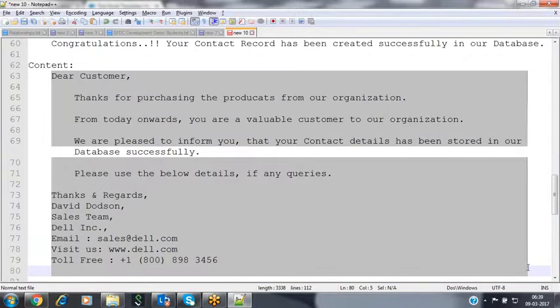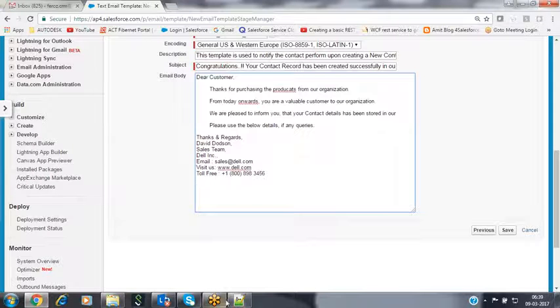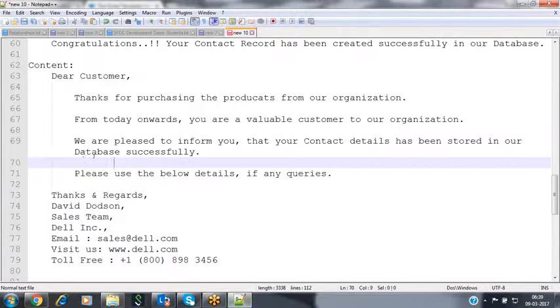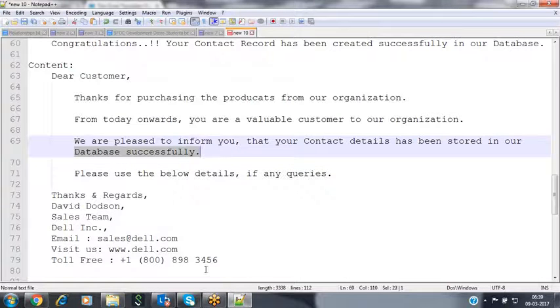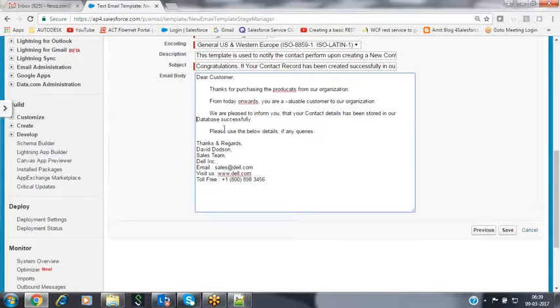That content I'm placing inside this one. So this is the subject and the content here.